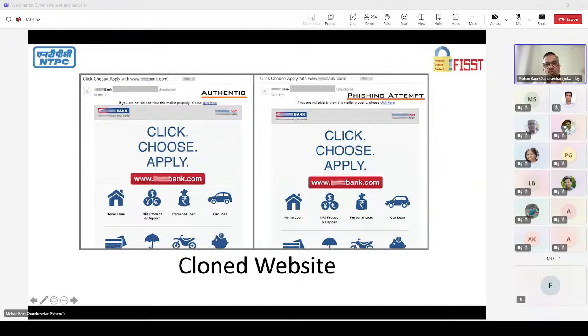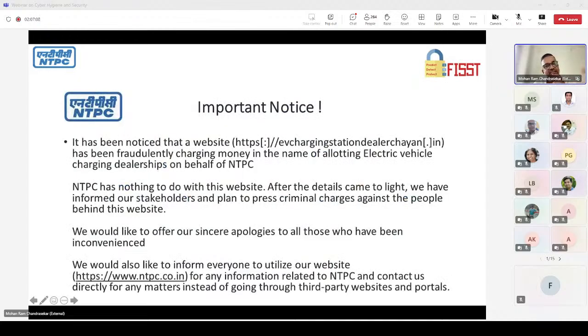But both sides, the cloned one on the right, the phishing attempt is very similar. You cannot identify any difference except that here it was HDFC with a double C, and we have cloned the website there. And in fact, we also have NTPC suffering a notice, where somebody used NTPC's website look and feel and created a EV charging station dealer chain.in, and they had put an advertisement in the social media with the NTPC's logo